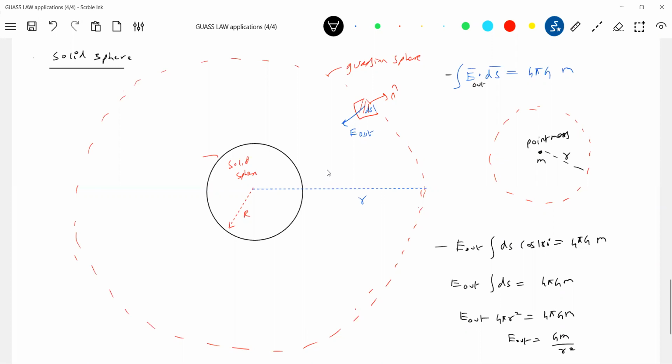Then I want the value on the surface. What we are discussing is the first case, r greater than the radius. Where will the point lie? The point lies outside the sphere. This is a solid sphere and you are writing a point mass. When you are writing Gauss law, don't say that it is because you are far away, as if r tends to infinity, that we see a point mass. Nothing like that.